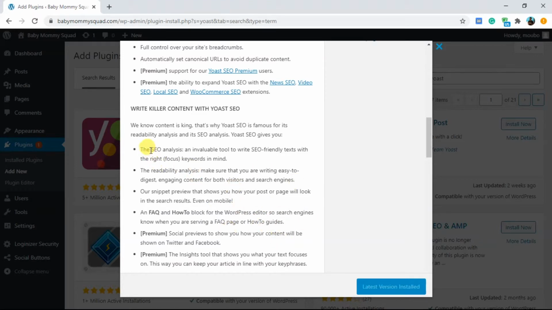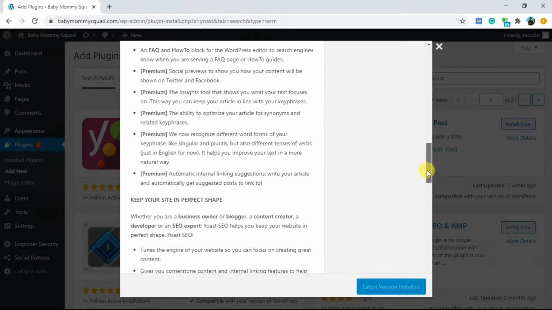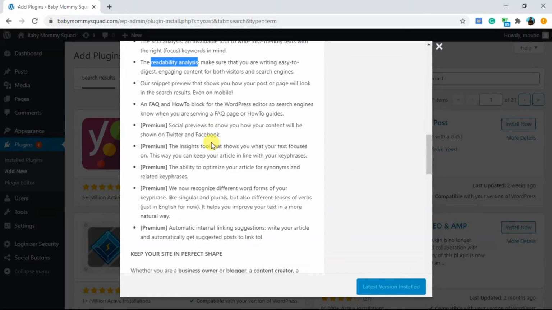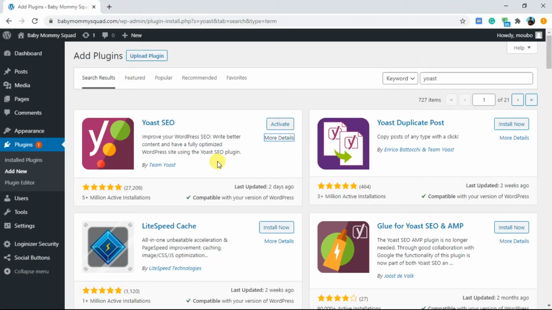As you can see, they also provide SEO analysis. So whenever you're typing or writing any articles, it's always going to give you insight about your SEO, and also gives readability analysis. So there are a lot of features which I might not be able to mention here, but Yoast is really good. They also have a premium version which adds in a lot of extra features like automatic interlinking suggestions and all that. But even with the normal version, you should be able to have a good SEO setup on your site. So I'm going to click on activate button here,